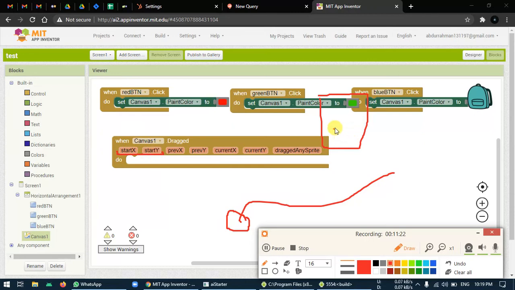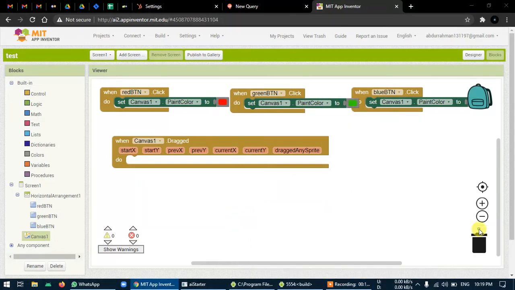Suppose we have a mobile like this, and we touch here, it will give us start x and start y. If I drag like this, it will give start x as this point, and previous x, previous y, current x, current y. Current will be this one, where our finger right now is moving, on which path. That is the current path. That is how we get the current location where we have drawn things, or where we have swiped.